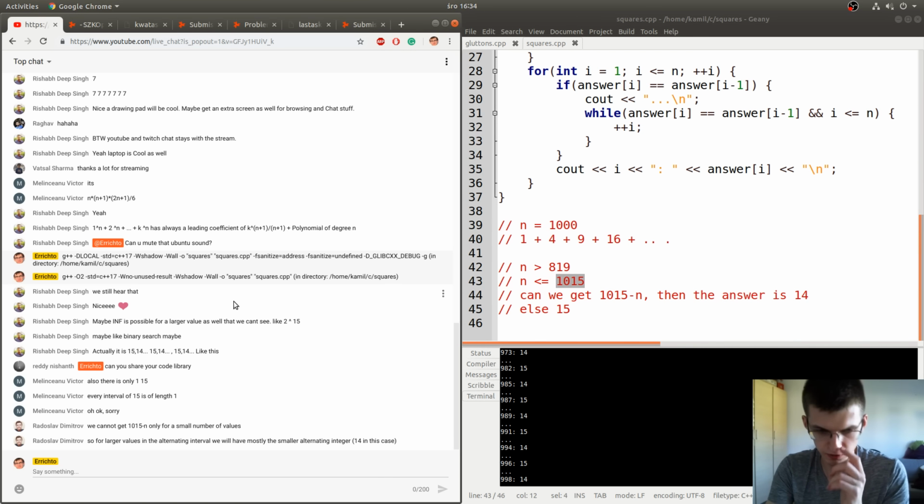And let's try to check that with a program. Radoslav Dimitrov says we can't get 10^15 minus n only for a small number of values, so for larger values in the alternating interval we will mostly have the smaller alternating integer, 14 in this case. I would say the larger of the alternating integers.